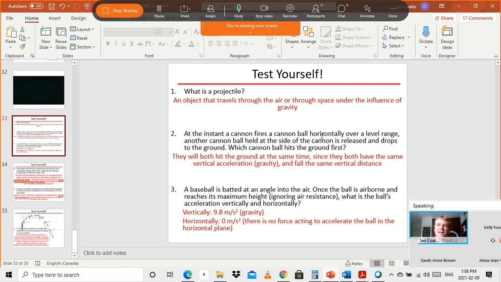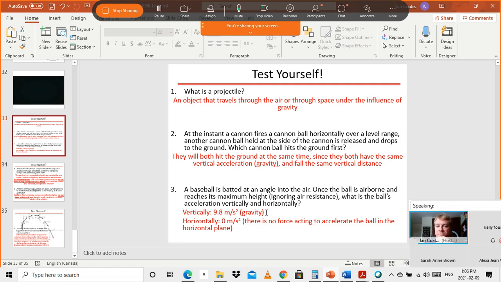And it's just kind of a weird thing. This one here was shot out. This one here was just dropped. Okay, this one here is going to travel a lot farther horizontally, but they'll both hit the ground at the same time. Okay? A baseball is batted at an angle into the air. Once the ball is airborne and reaches its maximum height, ignoring air resistance, what is the ball's acceleration vertically and horizontally? Well,